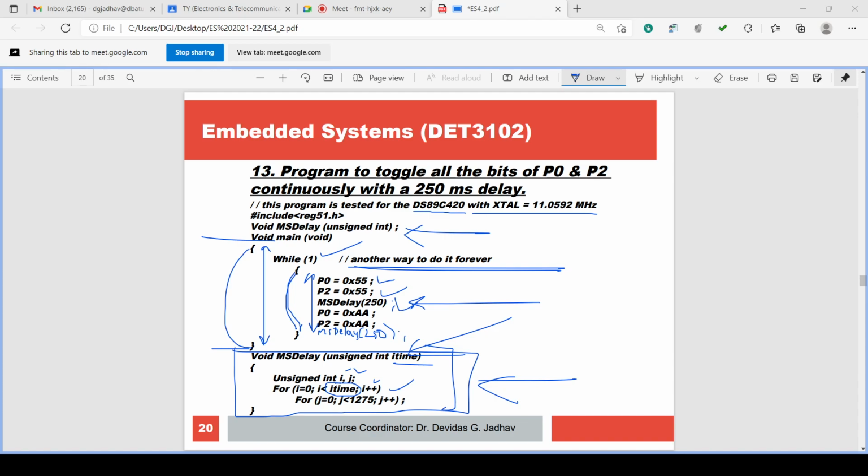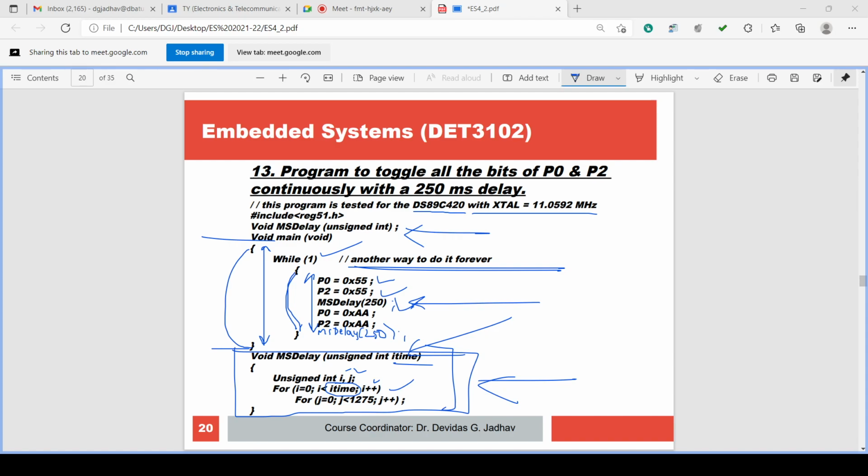If the delay routine was not there, the execution would become so fast that in microseconds P0 has 55, P2 has 55. Again in microseconds, P0 becomes AA, P2 becomes AA.